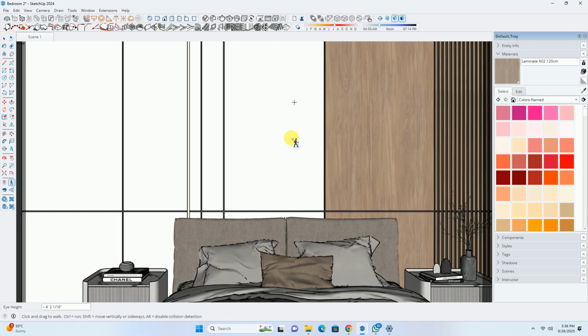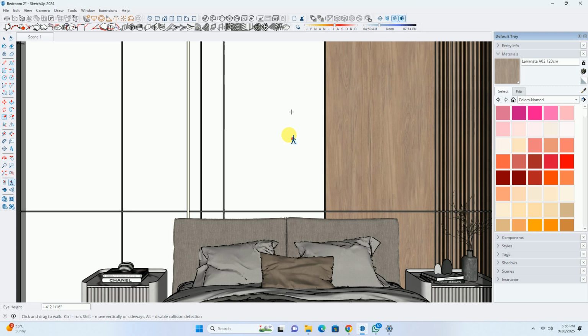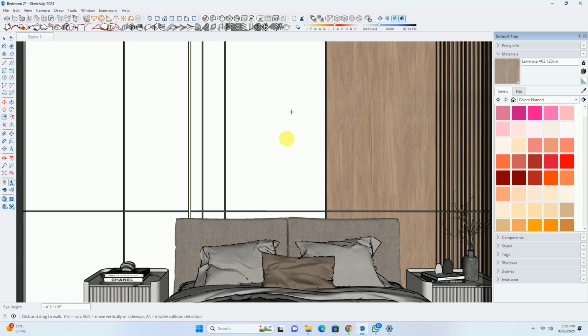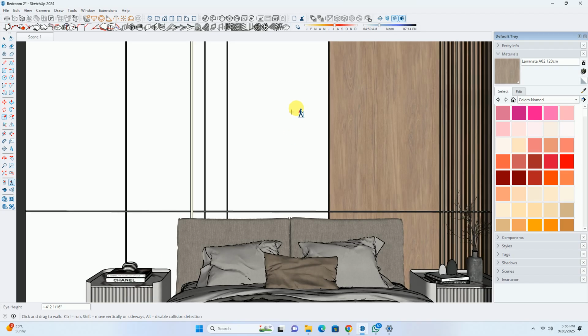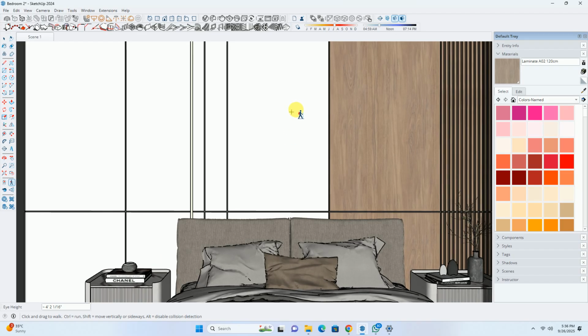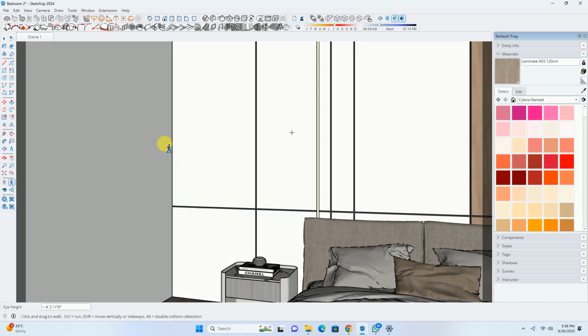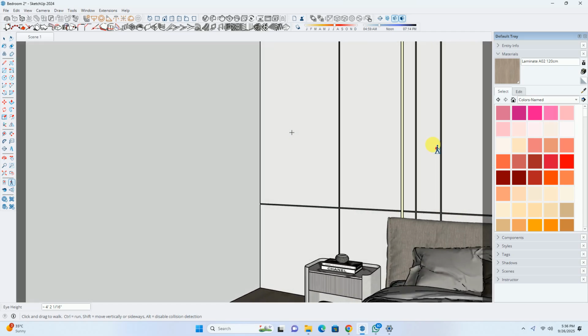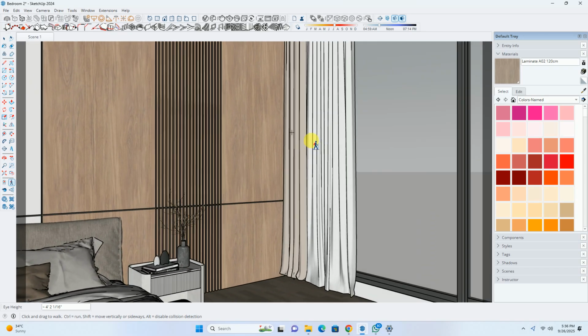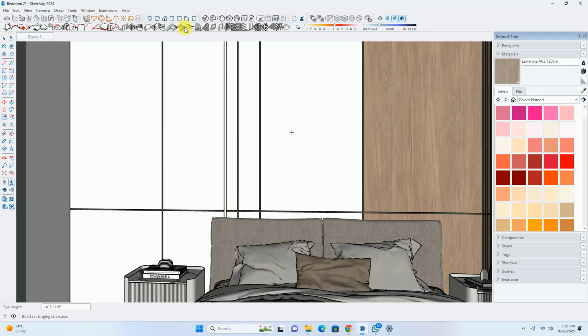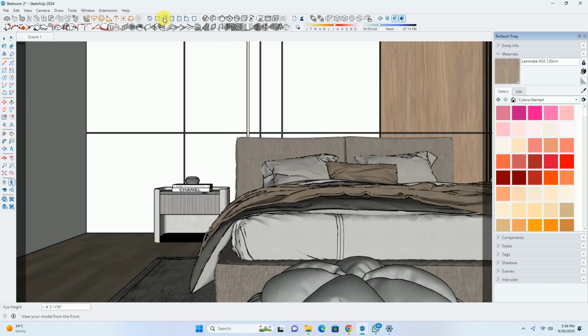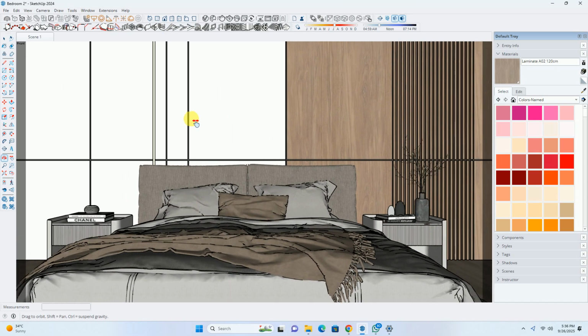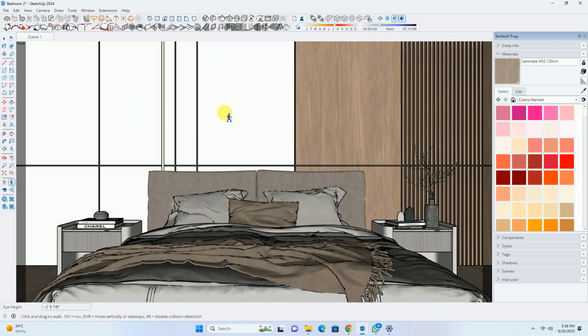Then we have to drag our mouse. As you can see, when I'm dragging it a little bit backward, it is getting stuck, because at the back it's facing a wall, so it is not coming out of that particular wall. If you want, you can change the orientation by going left or right. If you want a perfect horizontal orientation, you can again go to this home view, and in this manner you can set up your screen view.